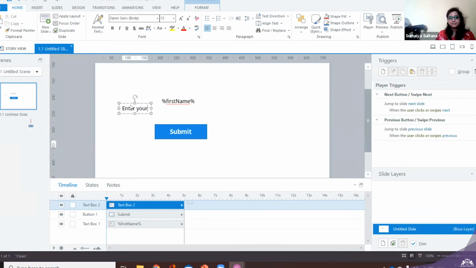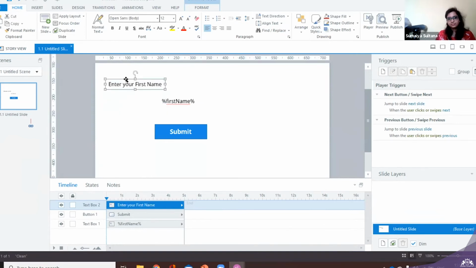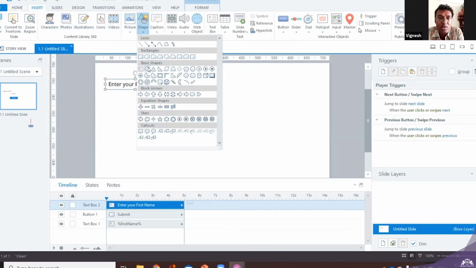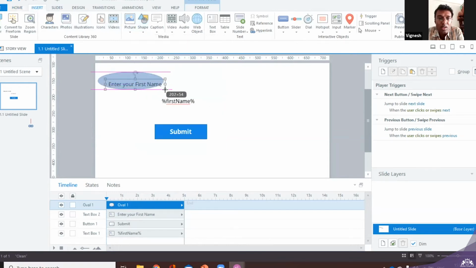Okay, Bhavesh, what we can do is add some oval box and set it back to this first name so that it will be entered inside it. We can go to the insert option and add some oval shape. Sorry, not that, the rectangle shape with curved edges.